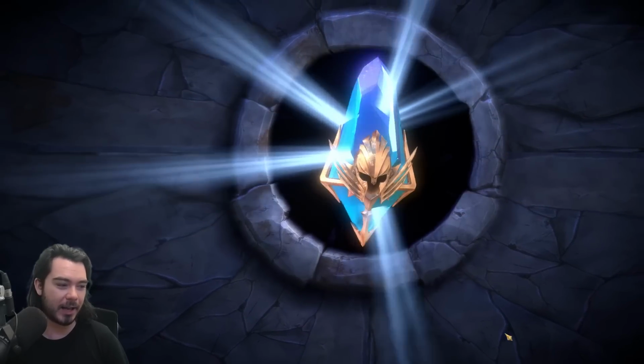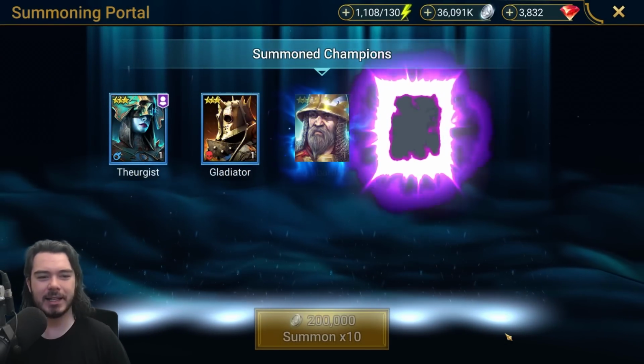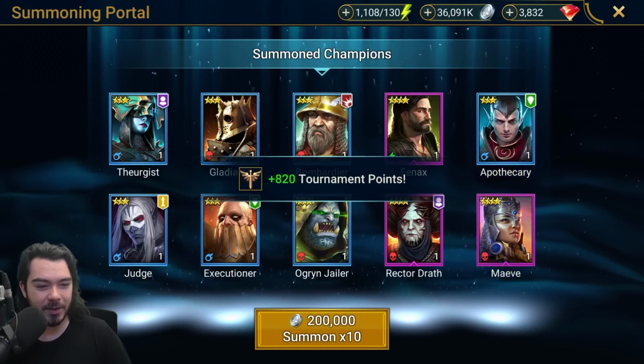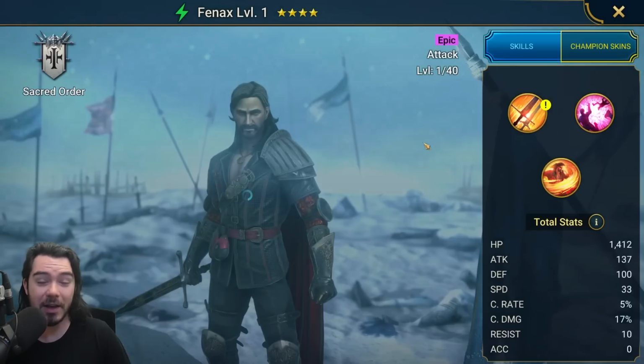All right, let's go again. Come on. Let's just pull a Helicath, right? Just pull a Helicath. That's all. Easy. Oh, Phoenix is a really good epic. Really good. Oh, no legendaries, but all the epics. Maeve, I pulled her myself, and I still don't remember what she does. Phoenix,